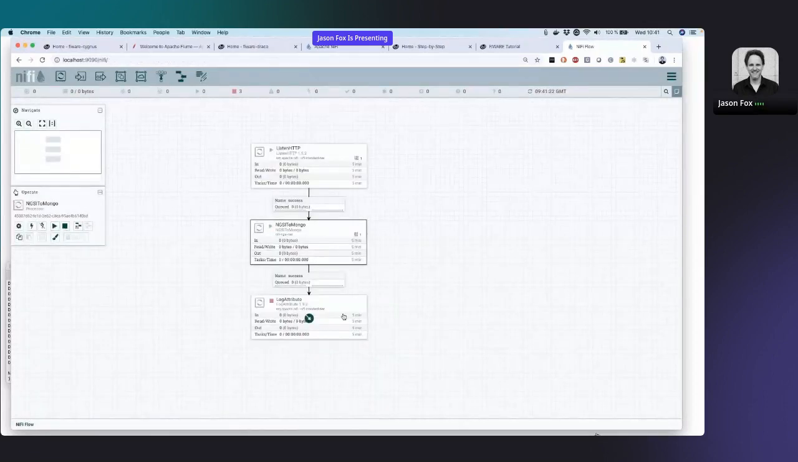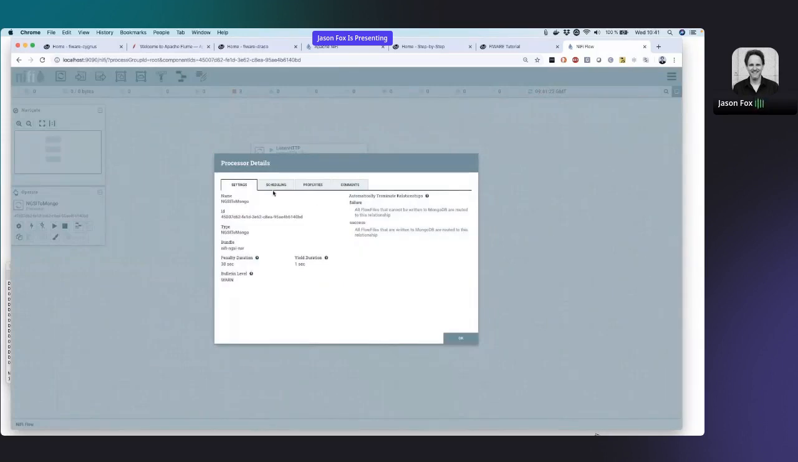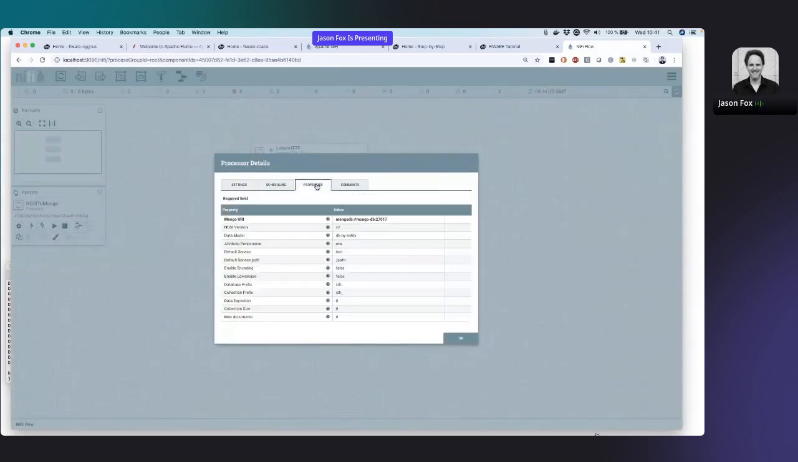I can group them if necessary. And you can see at the moment there's nothing coming in, absolutely nothing coming in, because I haven't set up a subscription. It's just listening on a specified port. If you view the configuration, you can see things like